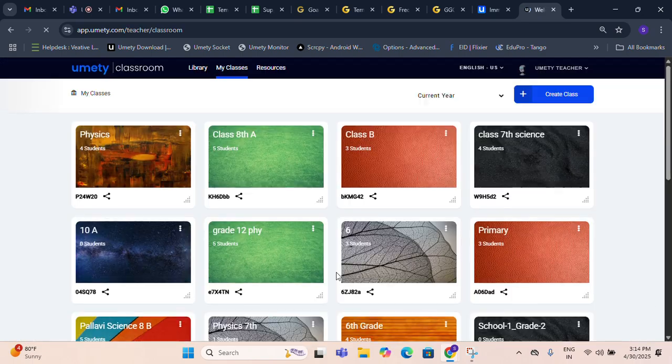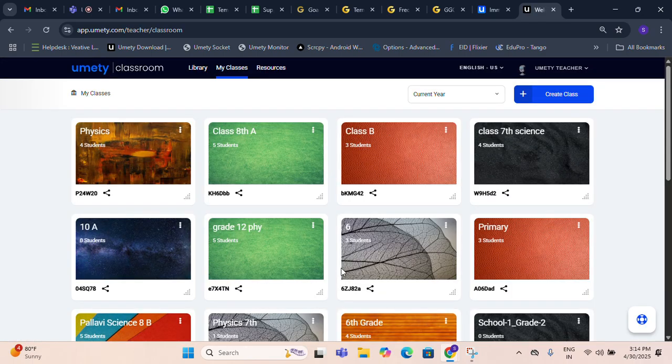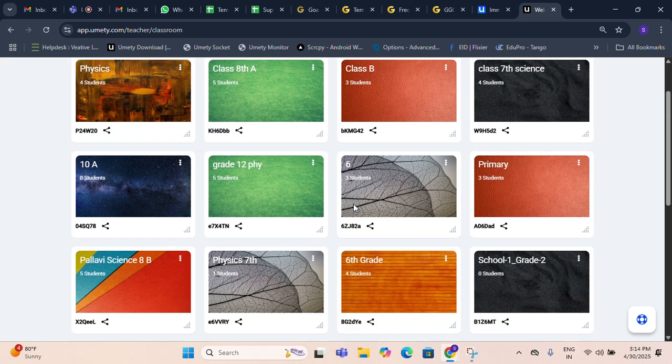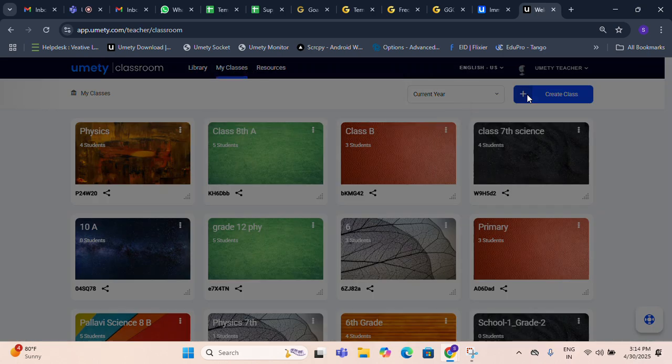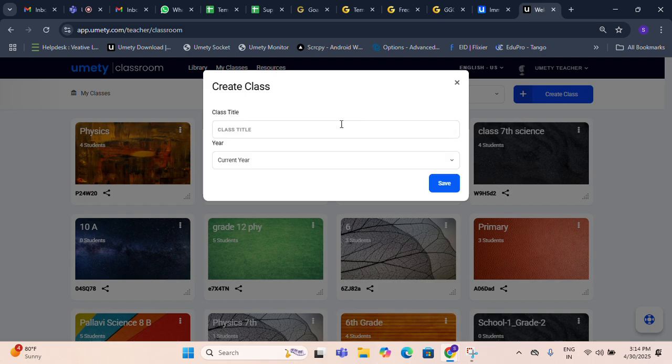This is so user friendly, so you can simply go through it without any hassle. Once you log in, you will land on this teacher platform. This is our teacher platform and you can see the number of classes you have created so far. So how have I created all those classes as a teacher? As you can see here, a create class button. I will click on the create class button and it's asking me to fill this form